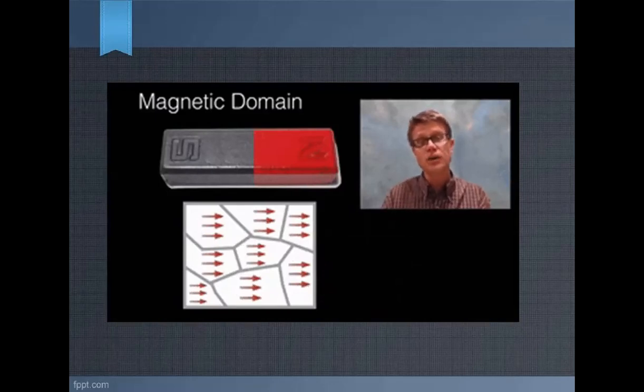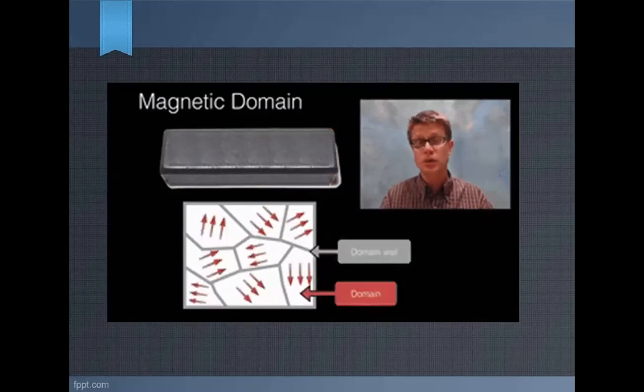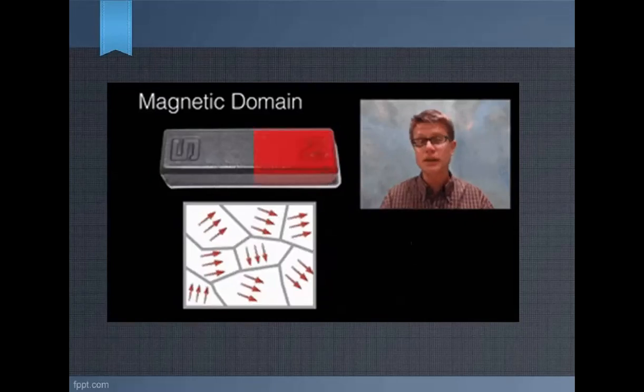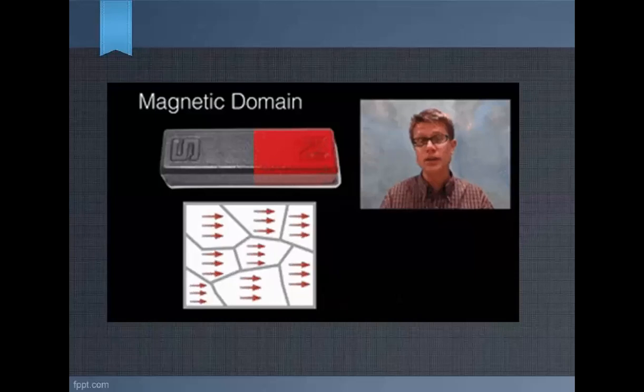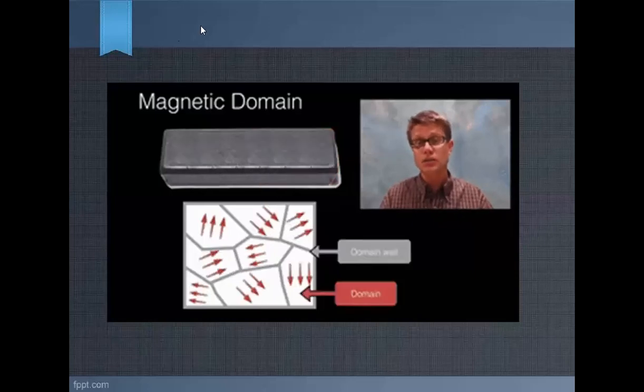So the magnetic domain, when I talk about the magnetic domain, they are in ferromagnetic material, not para, not dia. Only ferromagnetic material can show the domain theory, can satisfy the domain theory. Okay.